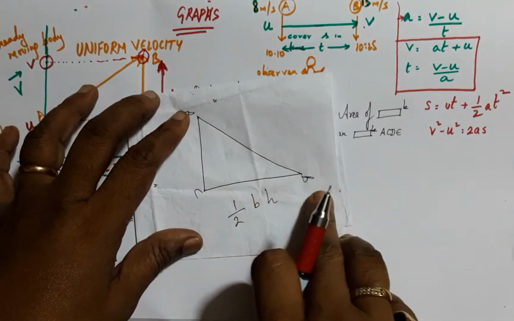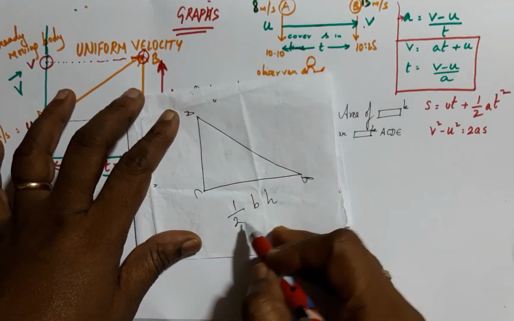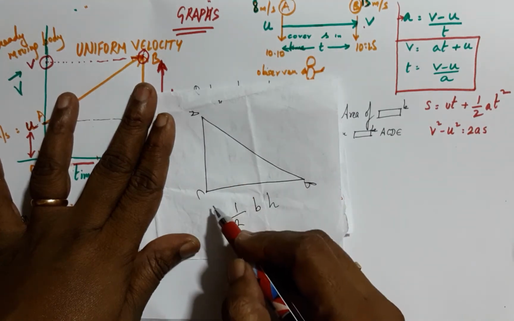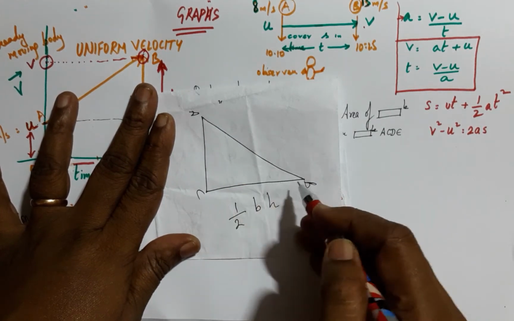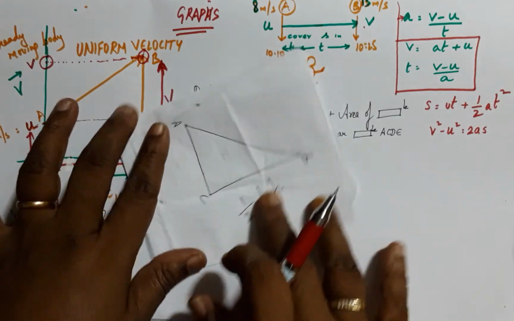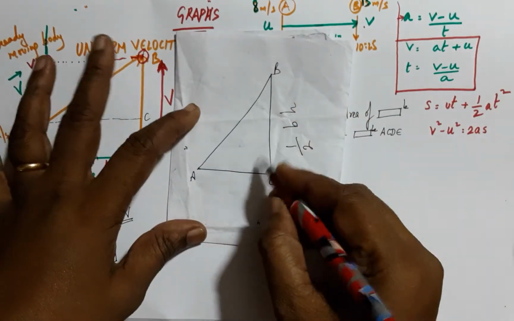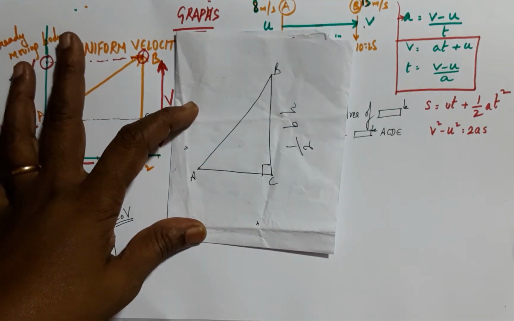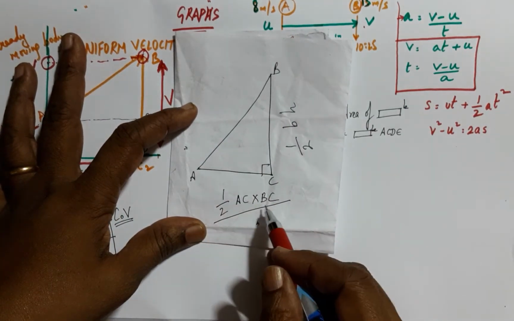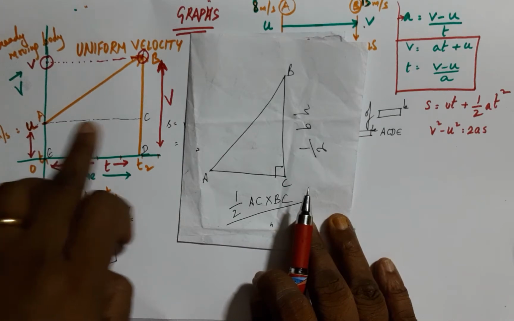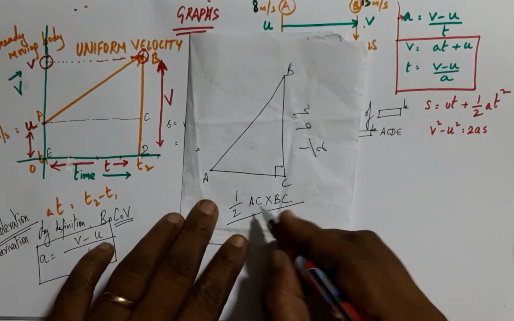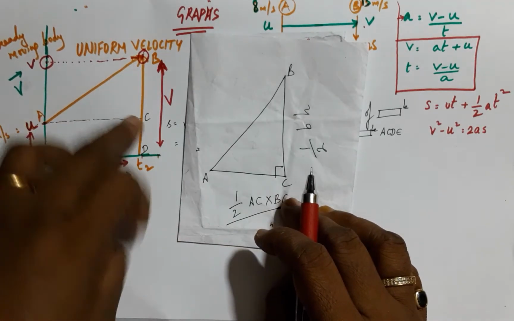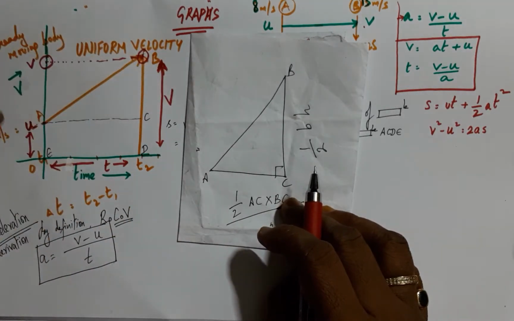Know that area of a right angle triangle, or of any triangle, is half into base into height, and this being the perpendicular, this would be the height, and naturally this will be the base of the triangle. And if I wish the triangle this way and the 90 here, then this would be the perpendicular and this will be the base, and the area will be half AC into BC, AC being T and BC being the difference between V minus U,